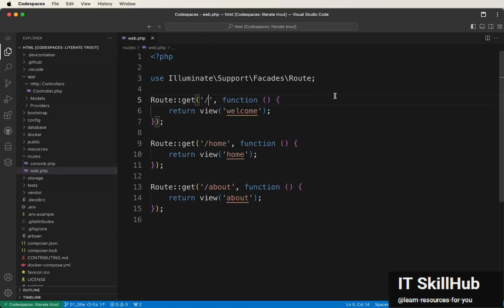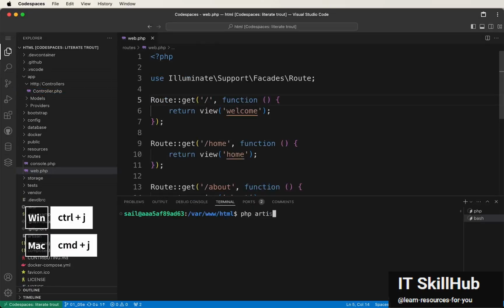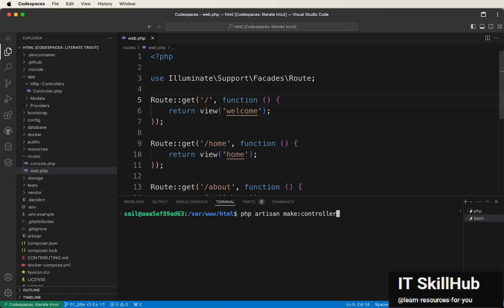Now let's create a new controller using the artisan command php artisan make:controller. Now in the older versions, you had to pass more parameters in this command to create controllers or models, but in the newer version, you can simply do this and hit enter. You will be prompted asking what the name of your controller should be. As you can see in the example, this is the convention used by Laravel. It has to follow camel case like this.